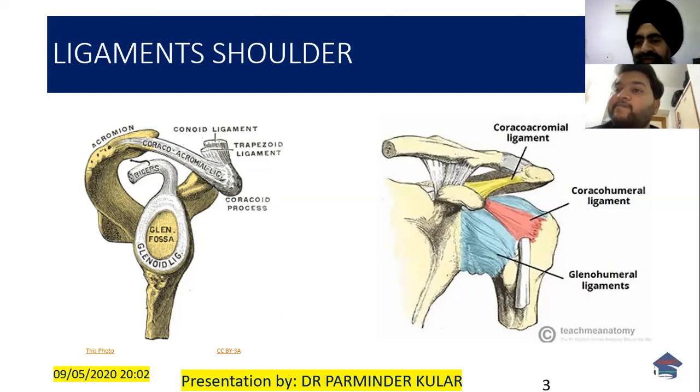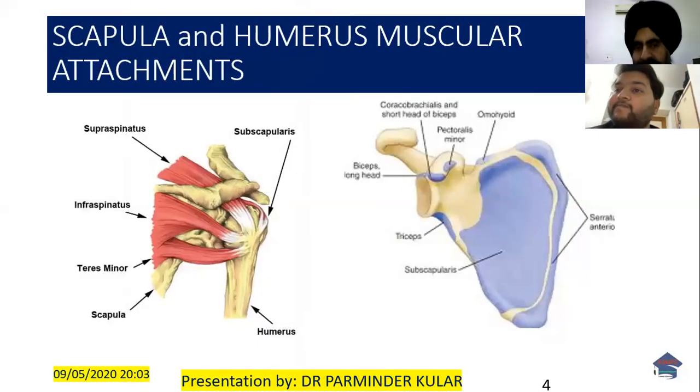So proceeding from the basic anatomy, slowly we will come outside the shoulder joint. Immediately outside the bones, there is the capsule of the shoulder joint, and the capsule is strengthened by the ligaments I have already discussed. Surrounding the ligaments, for movement, we need the muscles. So what are the muscles immediately around the shoulder joint? They are the rotator cuff muscles, mainly supraspinatus, infraspinatus, teres minor, and the subscapularis.